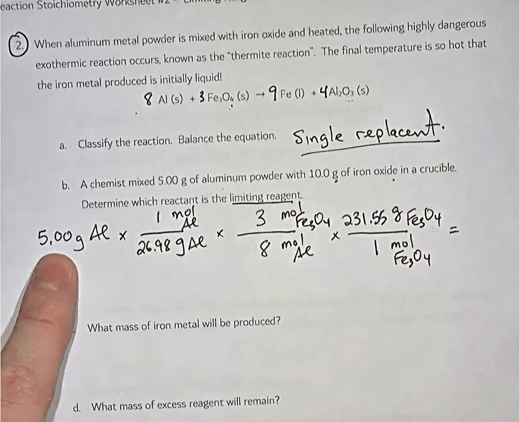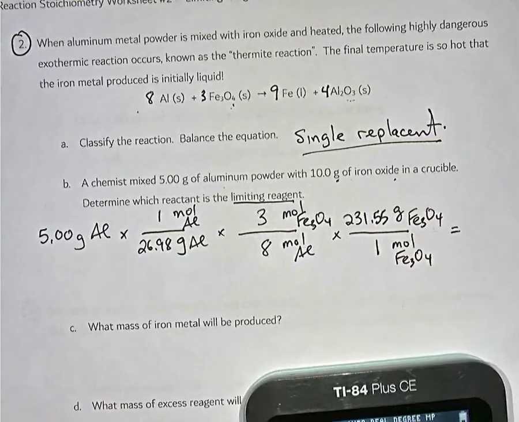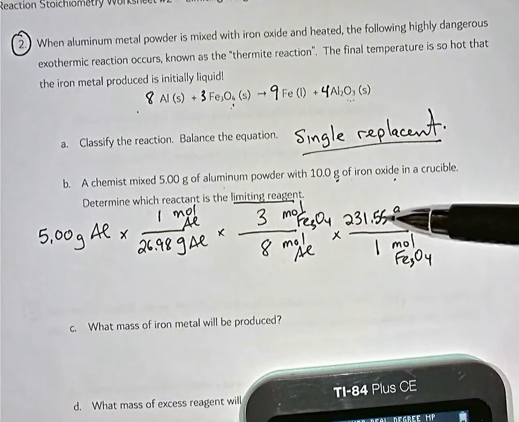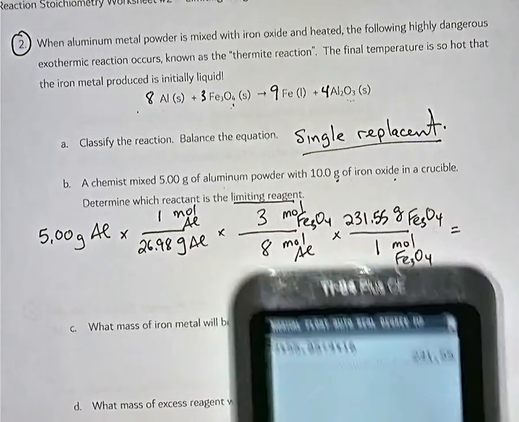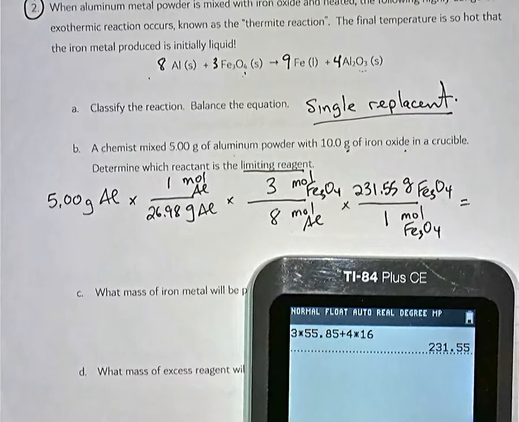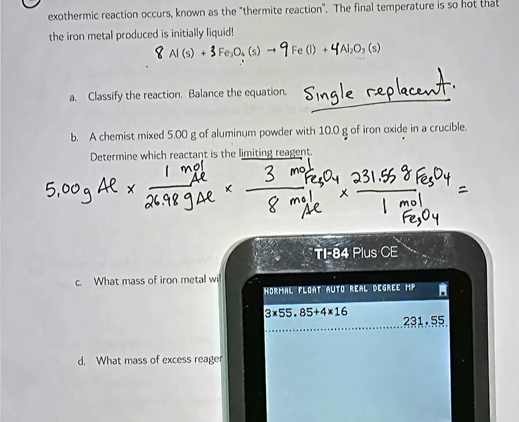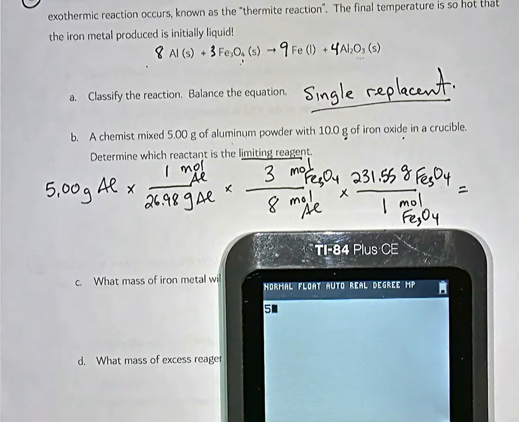I'm going to keep 3 digits in my answer. 3 digits divided by 4 and times by 5. The smallest number of digits was 3. So on my calculator, I'm going to start with the 5 grams. I'm going to divide by 26.98. I'm going to multiply by 3. And I'm going to divide by 8. And I'm going to multiply by